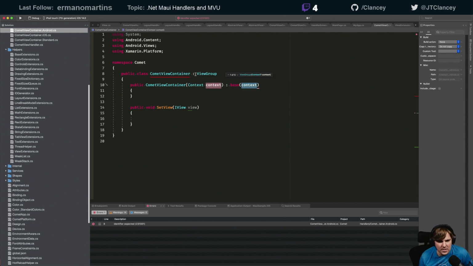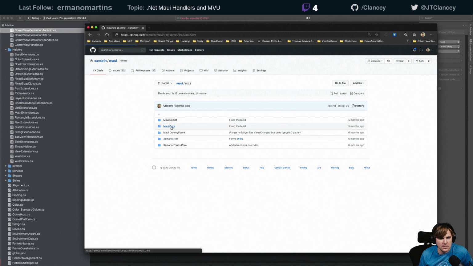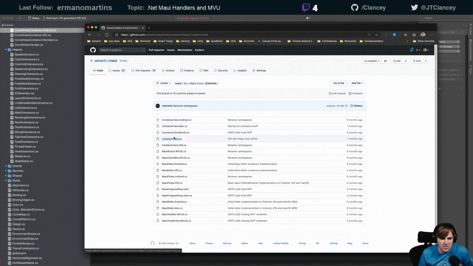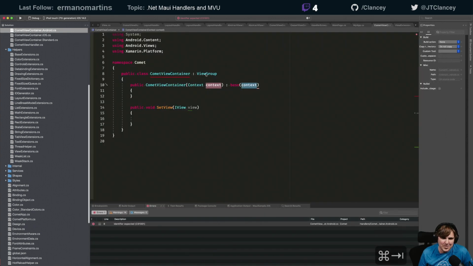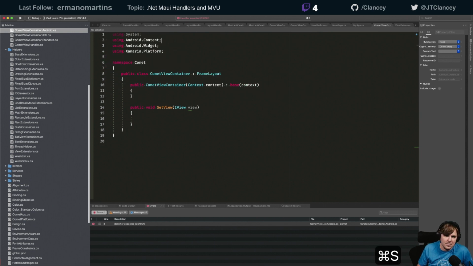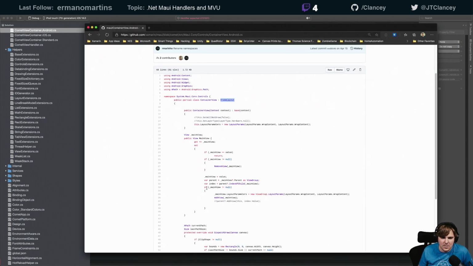I think I can do, there's a generic layout container I can do. What's it called? Core container view frame layout. Frame layout, my good friend. And then here, all we have to do